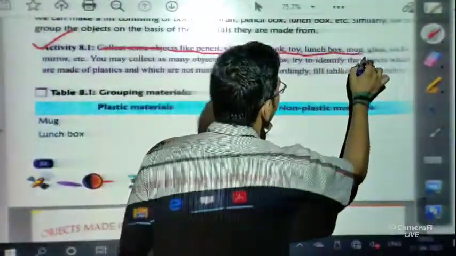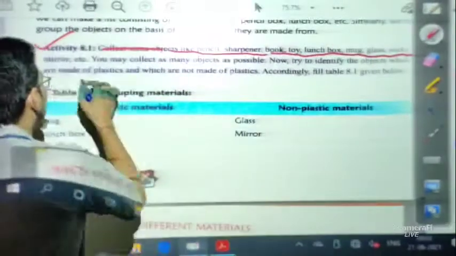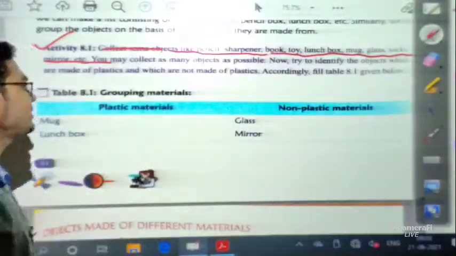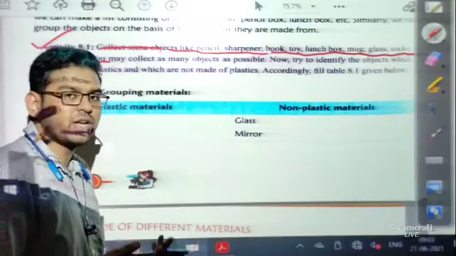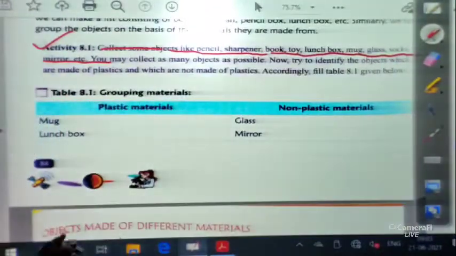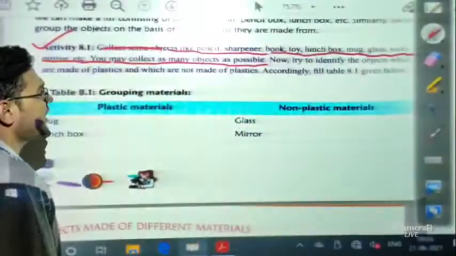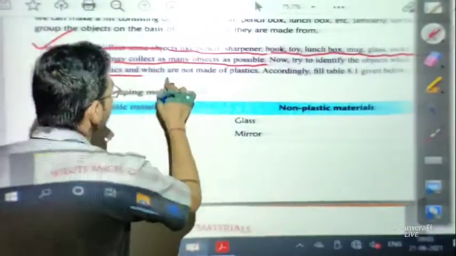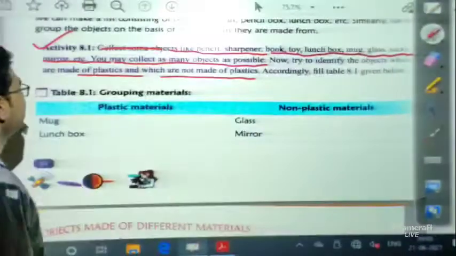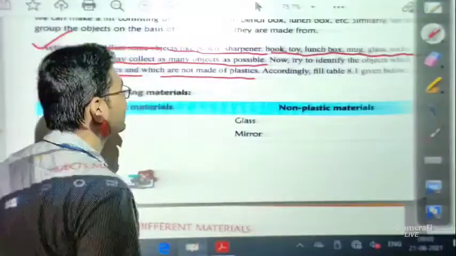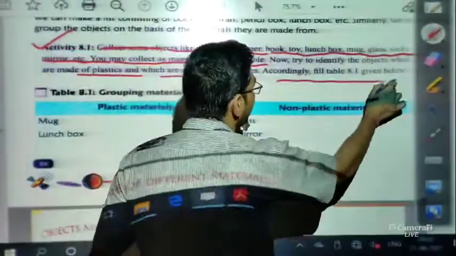Collect some objects, like pencil, sharpener, book, toy, lunchbox, mug, glasses, socks, mirror, etc. That means objects that you can easily find in your surroundings. You may collect as many objects as possible. Now try to identify the objects which are made of plastic and which are not made of plastic. Accordingly fill the table 8.1.